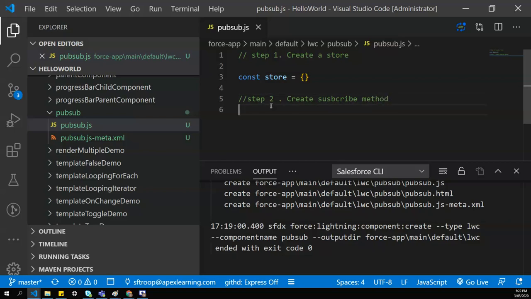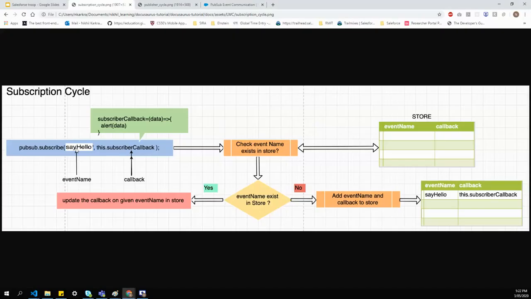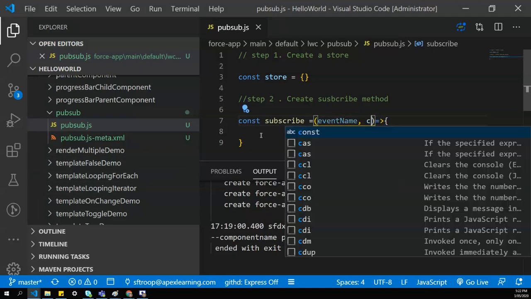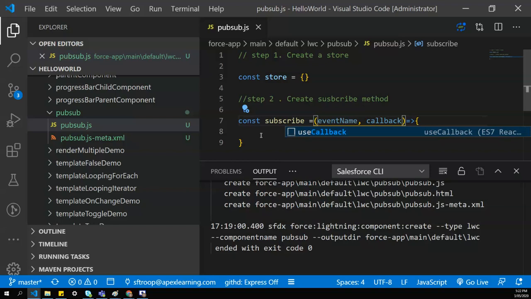So the subscribe method: first we create the name constant, subscribe. I'm using an arrow function. As we know, the subscribe method will receive two things. First is the event name, second is the callback. So we'll go with the same approach. It will receive the event name and the callback. Callback is the method reference,